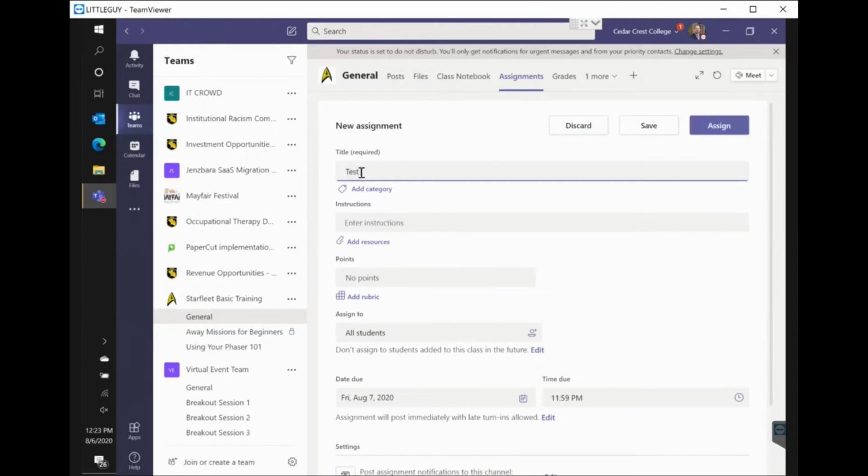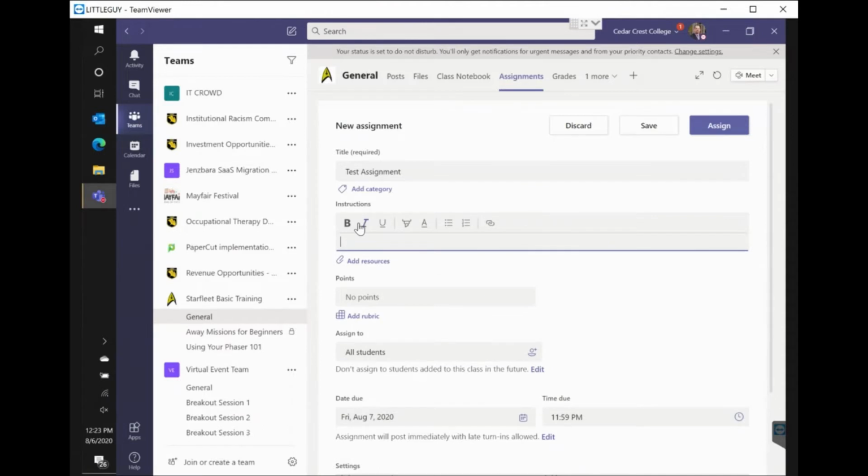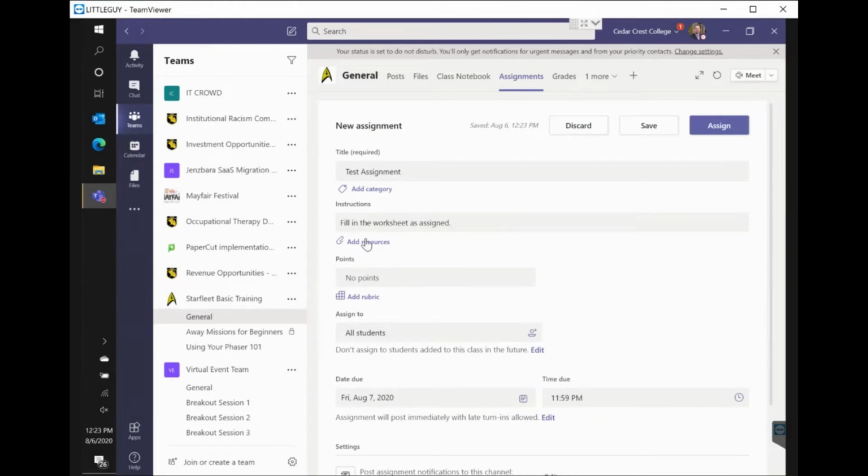I give it a test assignment name. I can fill out my instructions here. And you can add all sorts of different instructions here. You can see you have bold, italics, highlighting. You've got some tools to work with, including a link. So if you have a link to the assignments here, when I click Add Resources,